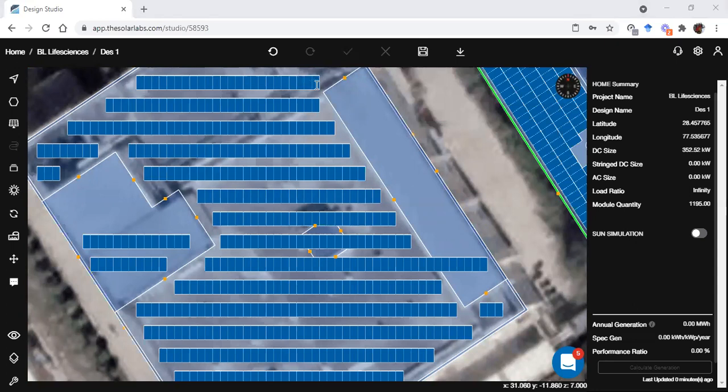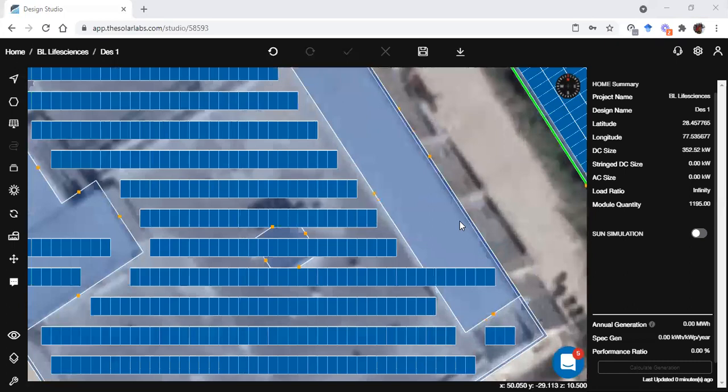Suppose in one building there are three parts at different heights. How can I do that? Okay, Mr. Aditya, as I have shown you, let me once again show it to you. I'll create one polygon here.